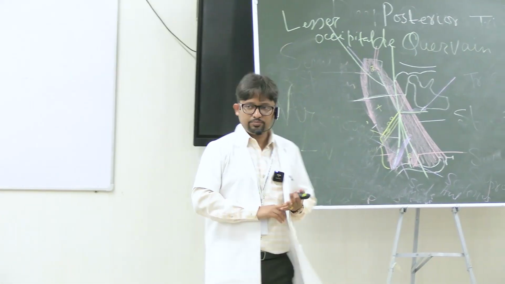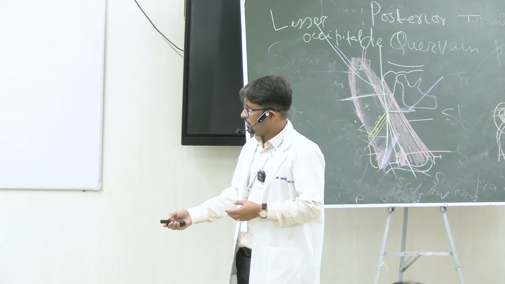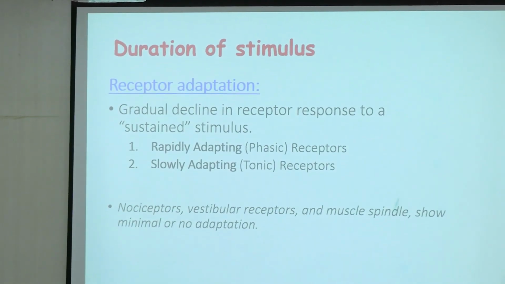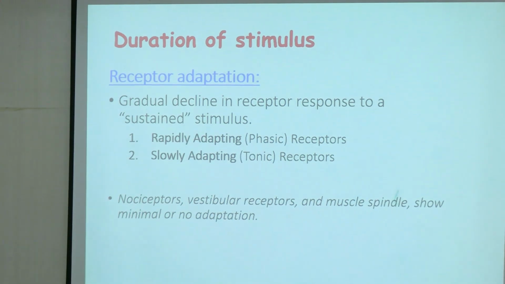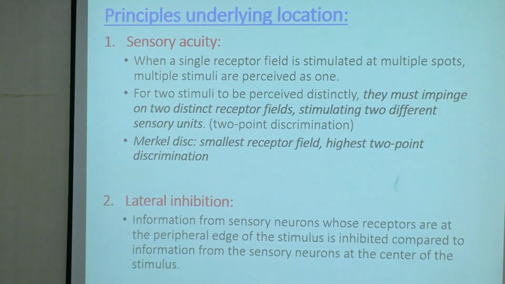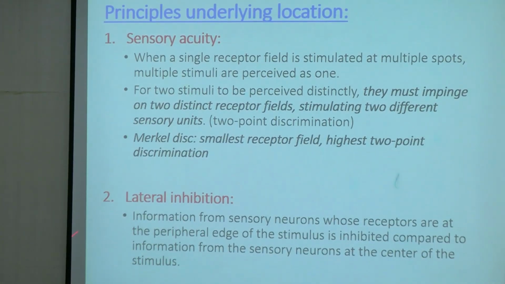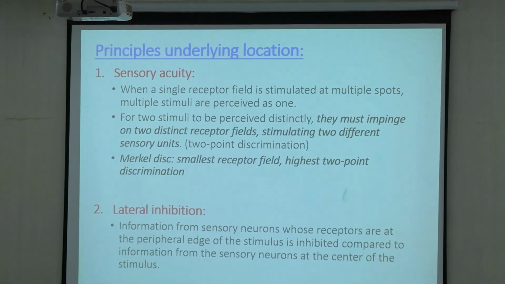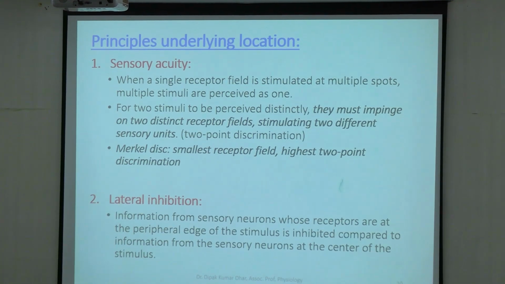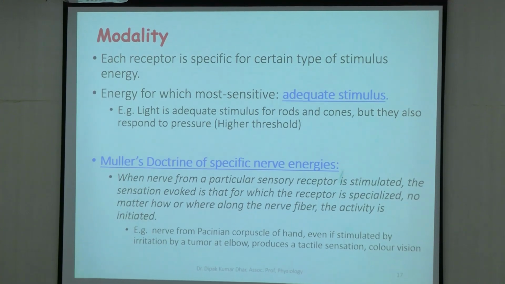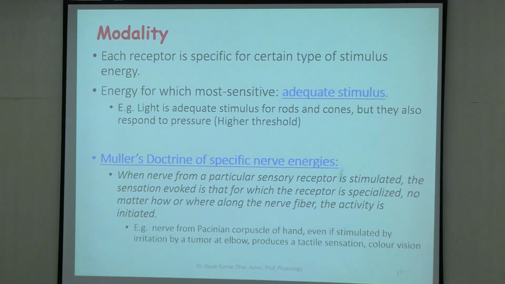Okay. And in bits and pieces, receptor adaptation is asked sometimes as a short note in your exams. You might be asked to differentiate between rapidly adapting and slowly adapting receptors. This is asked in the exam, right? Lateral inhibition is a very common question, and you will see this concept come up so many times. In the coming lectures, you will find the importance of lateral inhibition. This is also a common question. And this one, Muller's doctrine of specific nerve energies. So for short notes, these are asked,